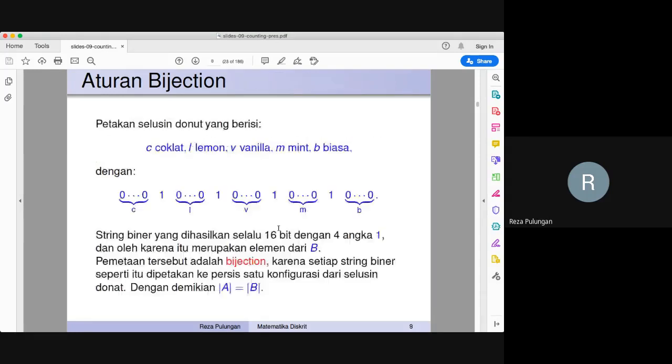So this is the first rule, and this rule is the most important one. This allows you basically to convert a counting problem to another counting problem. All you have to do is find a bijection between them. Once you create a bijection, both of them are basically the same counting problem.